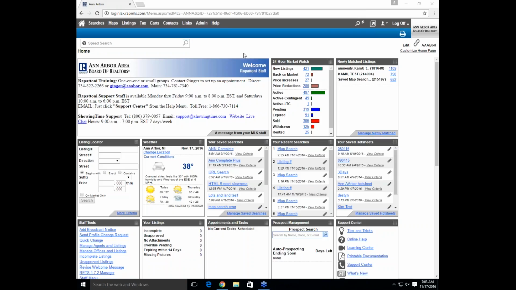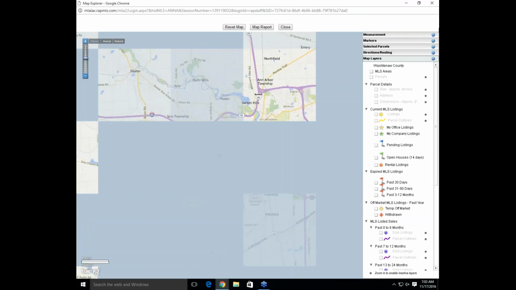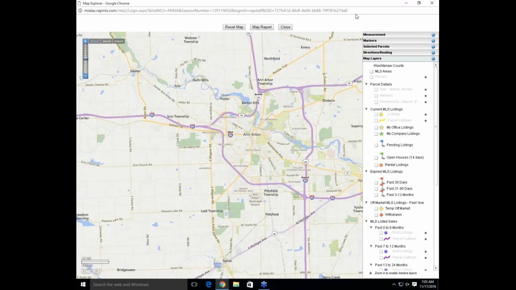All right, so for parcel mapping, let's go ahead and go up to the Maps and then Map Explorer. And I'm just going to open up this map all the way. So a few things here with the Map Explorer. Now the Map Explorer on the right-hand side, there are certain counties that contain different layers. Now for parcel mapping, for Jackson, Lenawee, Livingston, Monroe, and Washtenaw, you do have parcel mapping, but the thing to